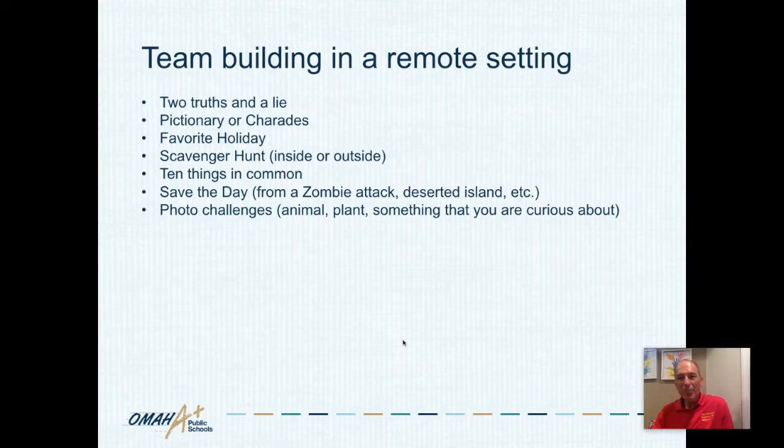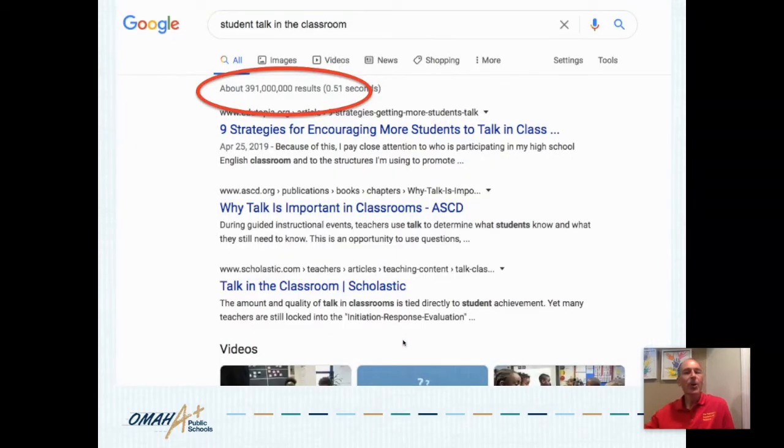And while this is a preliminary list, there is still much to add to it. But as I said, framing the purpose of the activity is important, whether it's a team building activity in person or remotely, or if it's trying to make sense of the coursework. So the question is, where do we start with this?